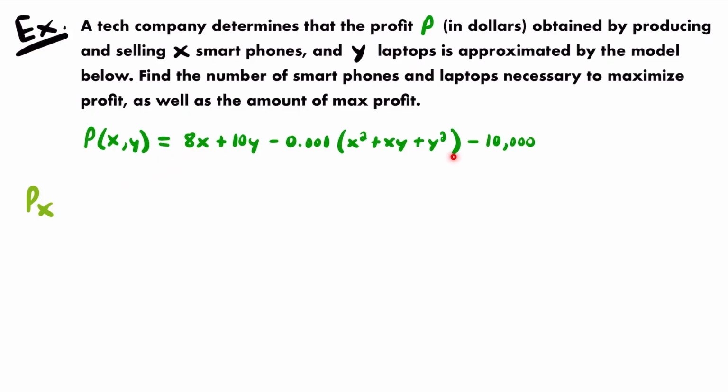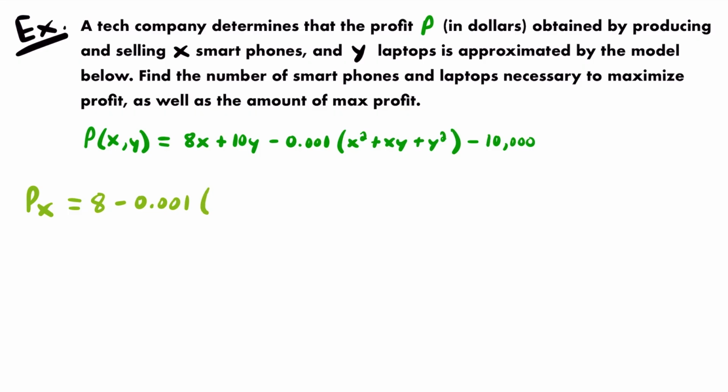Let's start by finding the partial derivative with respect to x. And so going term by term here, the derivative of 8x will be 8. So we have 8, and then 10y is a constant with respect to x. Its derivative will be 0. And then we have negative 0.001 times this quantity. So this is just a constant, so I'm going to keep that outside. We're just going to multiply that by the derivative of what's inside these parentheses. So I'm going to rewrite minus 0.001